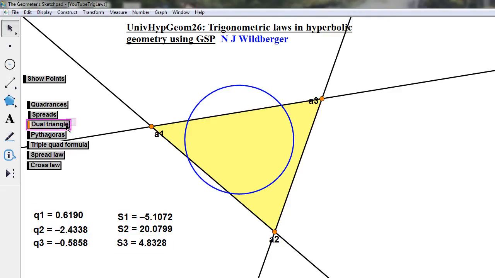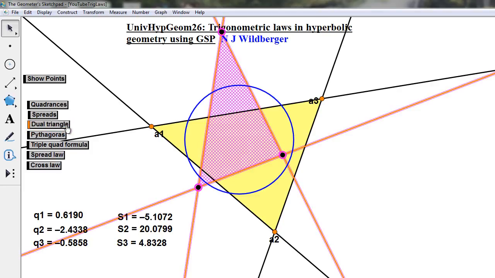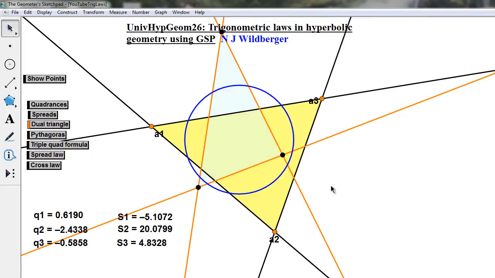And to get a right triangle, let's talk first about the dual triangle of the original. This new triangle that I'm just showing you here now is the dual triangle of A1, A2, A3. And how did we get that? Well, the points of the triangle, say this one here, are the duals of the lines of the original. So the dual of this line here is this point. The dual of this line here is this point. And the dual of this line here is this point.